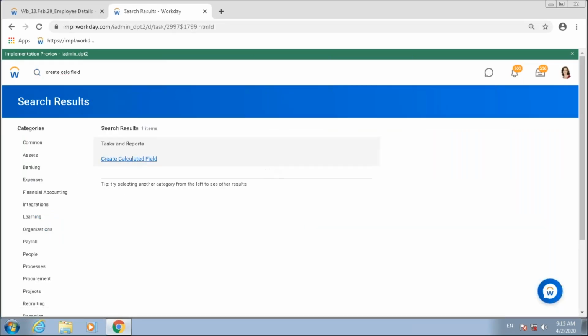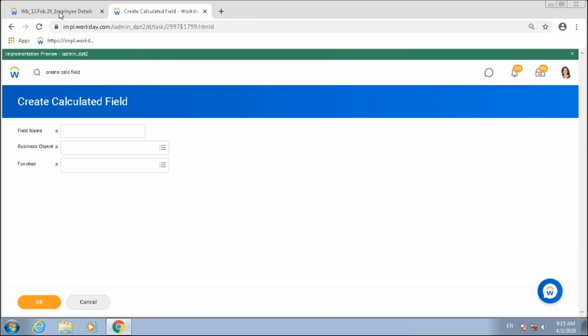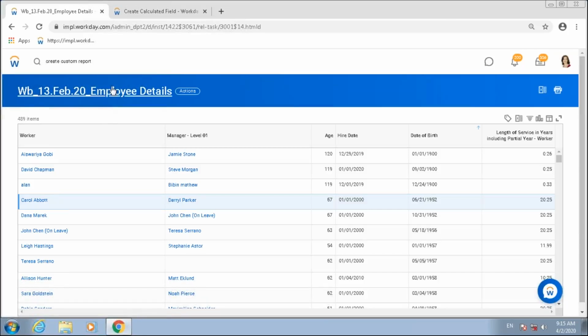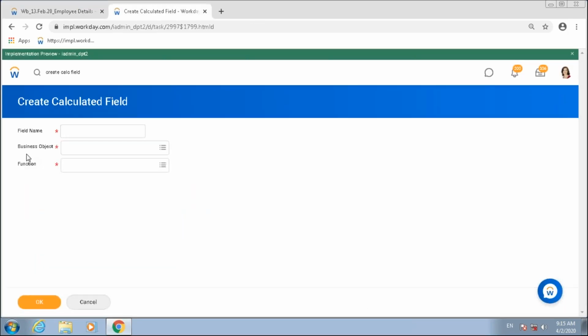So with calculated field, you're basically enhancing the Workday delivered business object and adding your own custom fields to define some additional properties of employees or instances in that object, right? So whenever I build a calculated field, I'll basically be doing that on a business object, right? So I'm selecting worker,